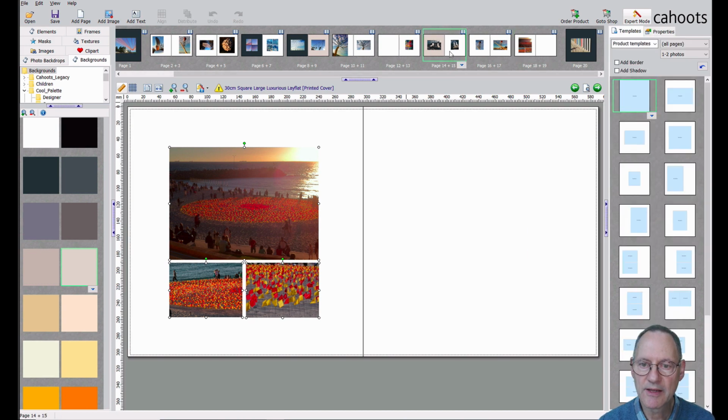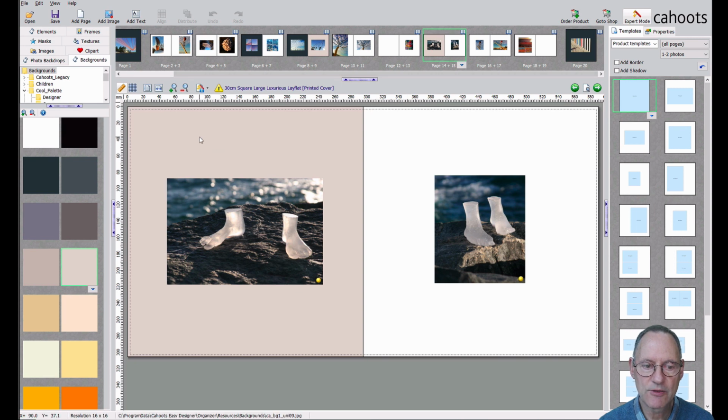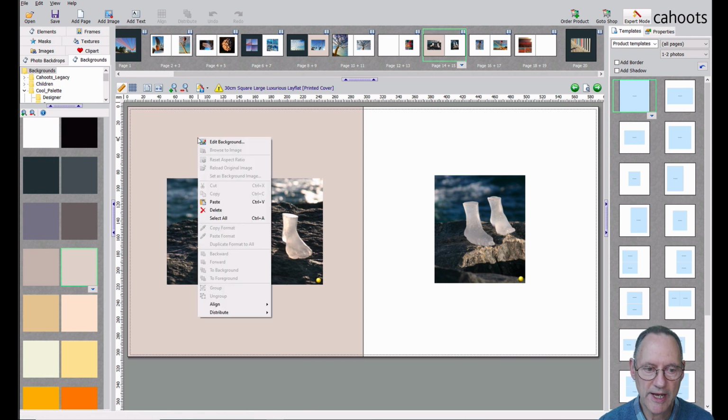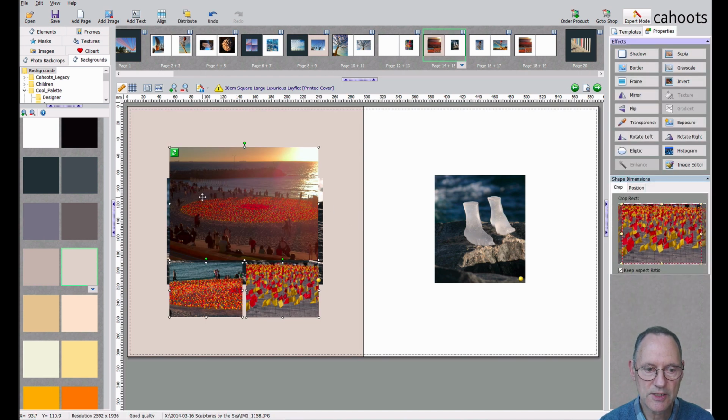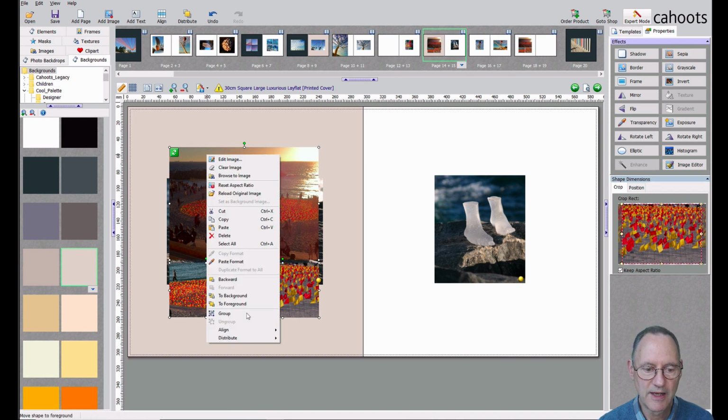It might be that you're wanting to move it to a page where you already have content. So when you do your right-click and paste, it's going to put everything on top of whatever's already there. In that case, you can do neat little tricks like right-click, send it to the back layer,